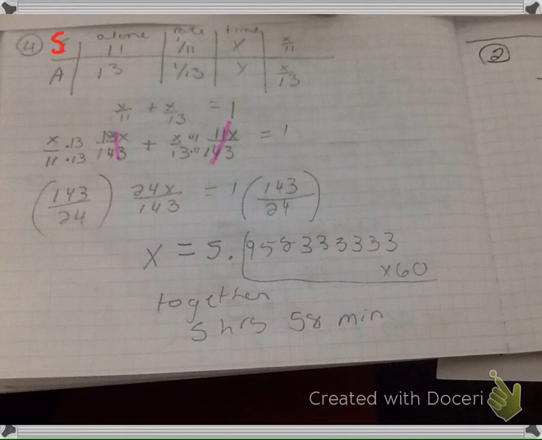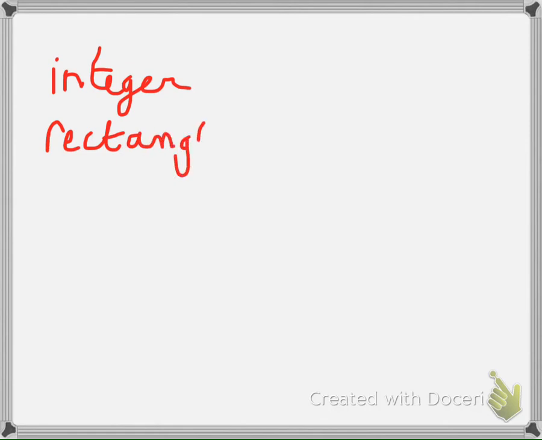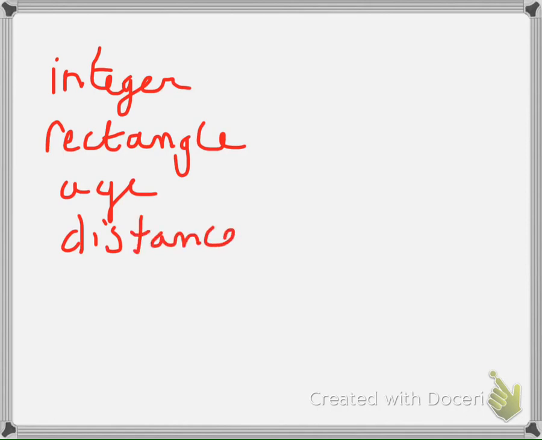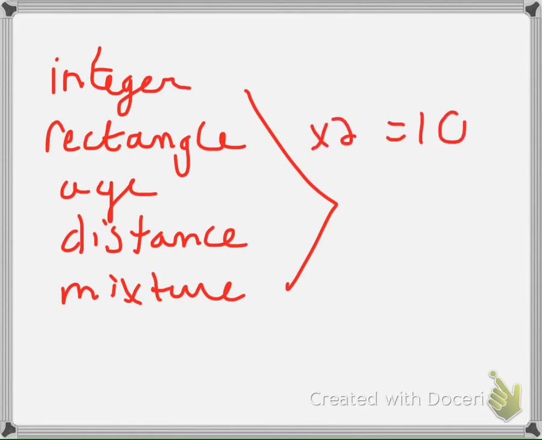I hope that helped. Please make sure that in addition to having those problems done, you are also completely ready for your practice test. And remember that you needed integer problems, you needed a rectangle problem, you need 2 of each of these, you need 2 age problems, you need 2 distance problems, and you need 2 mixture problems. And since 5 times 2 is equal to 10, I will see 10 problems and 10 answers on your answer